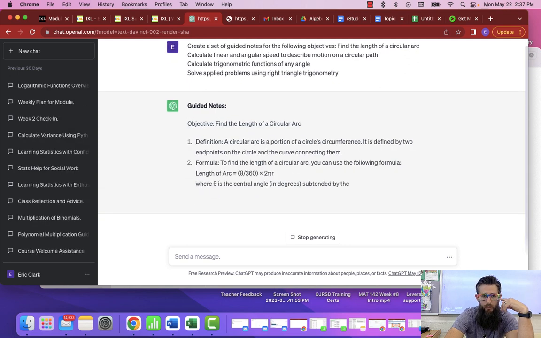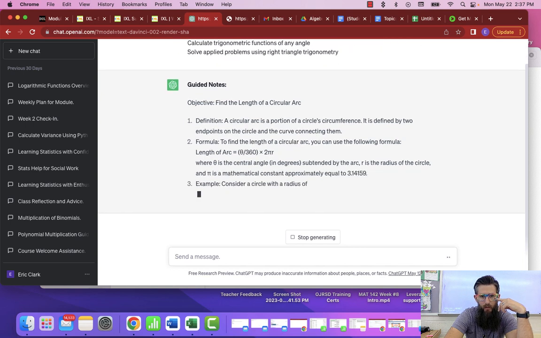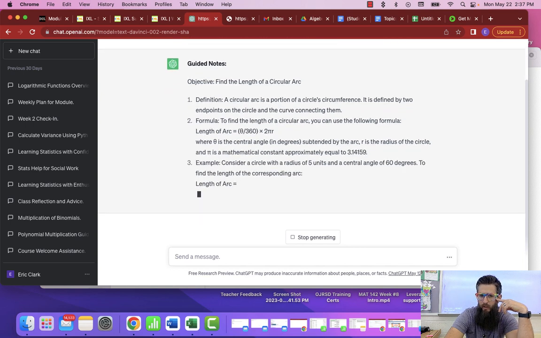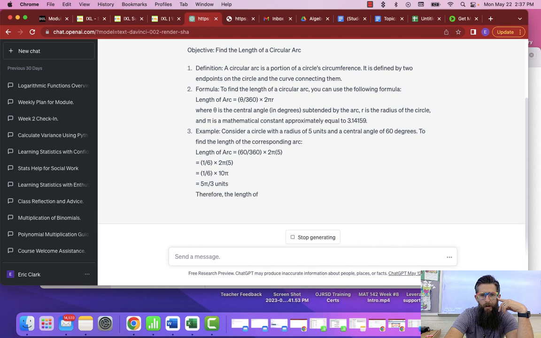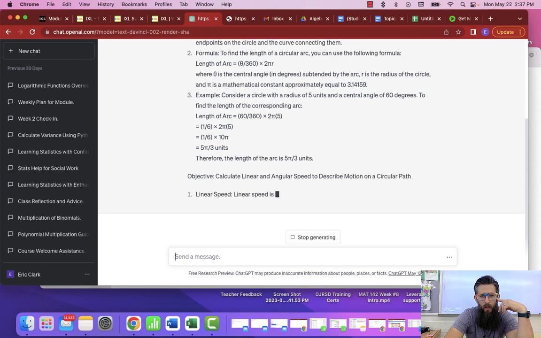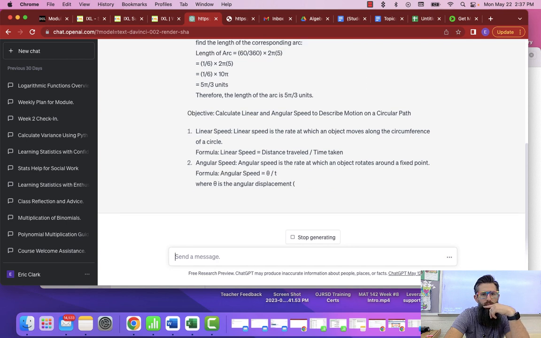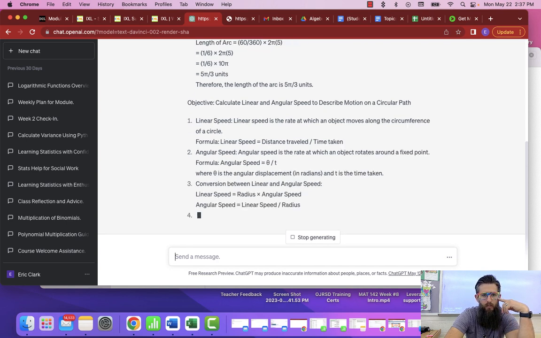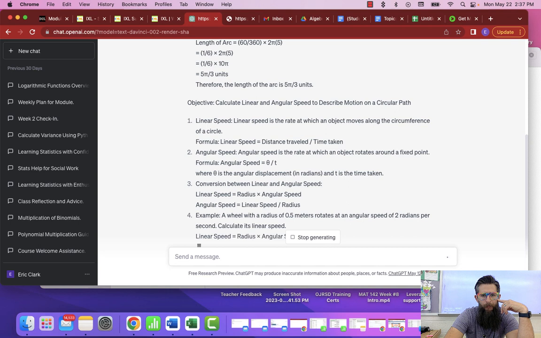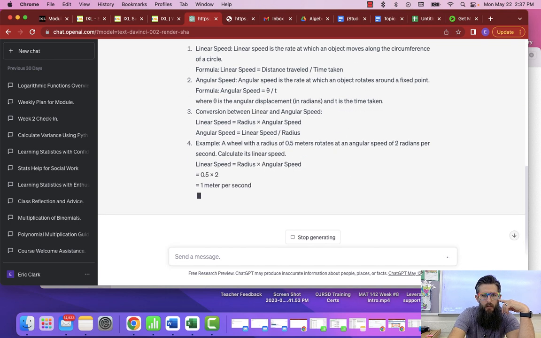So here it looks like it's going to list the objectives, and then hopefully it's going to break down each objective into maybe some examples. So yeah, so far so good. All right, not terrible. Then what we'll find is if we have